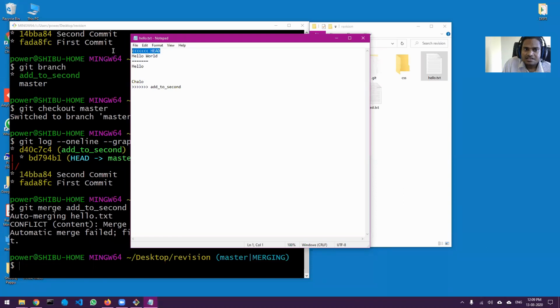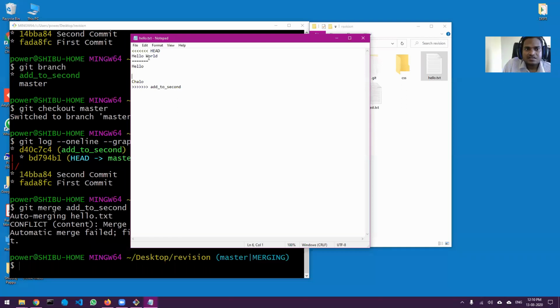The section between the head and the middle is what was there in the master branch, to which you were trying to merge, and this was there in the place where you got the merge from. Like for example, this is from add to second branch, and this was inside master. Now as a developer, it is your duty to decide which one you want.